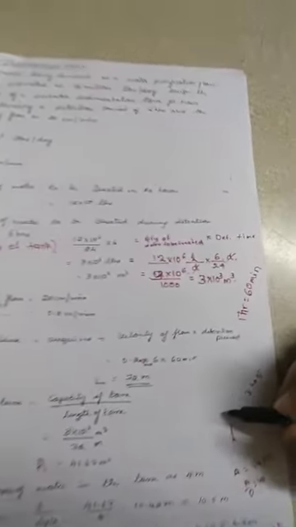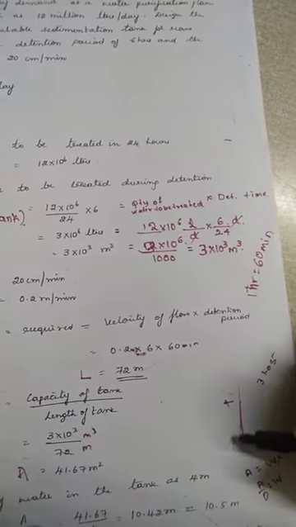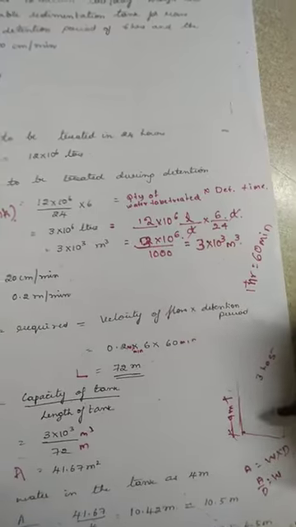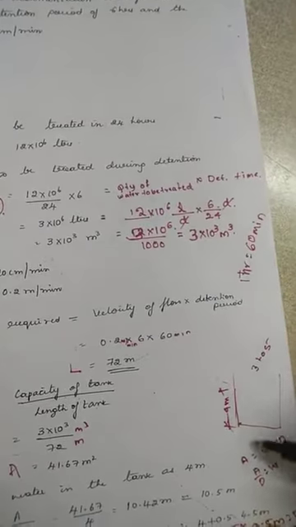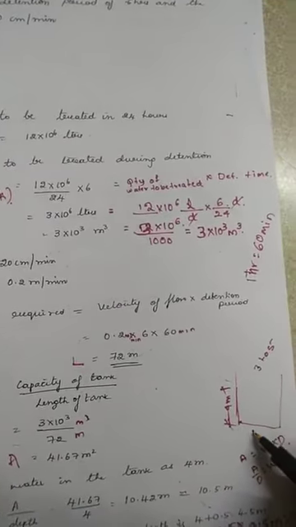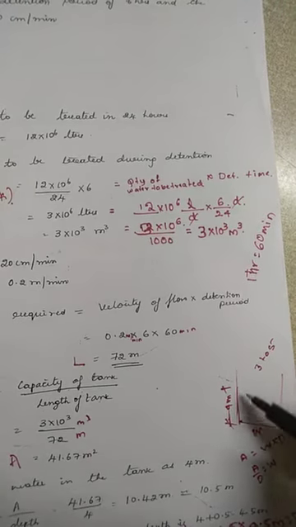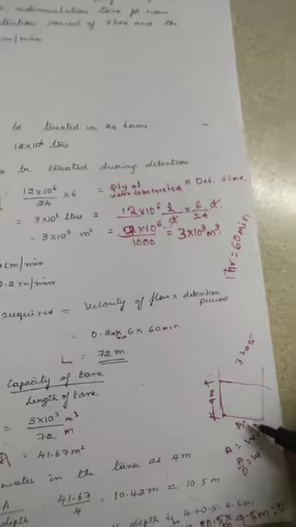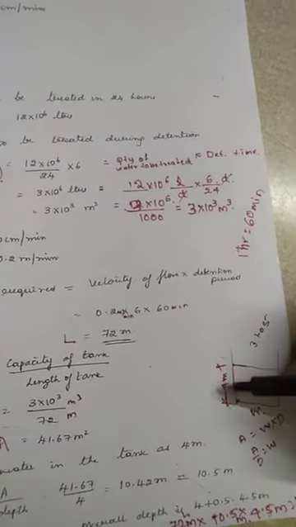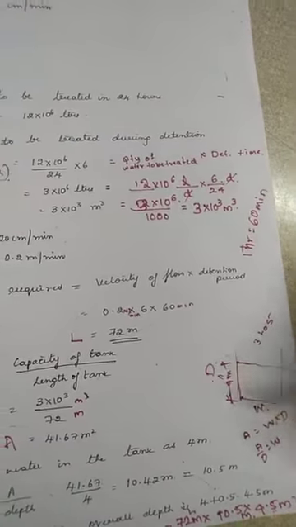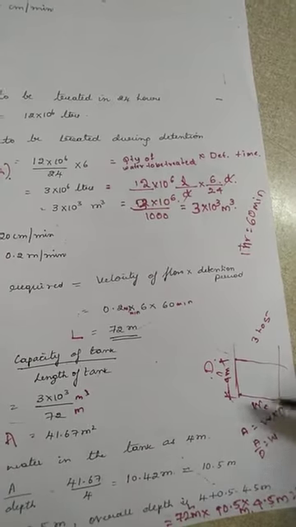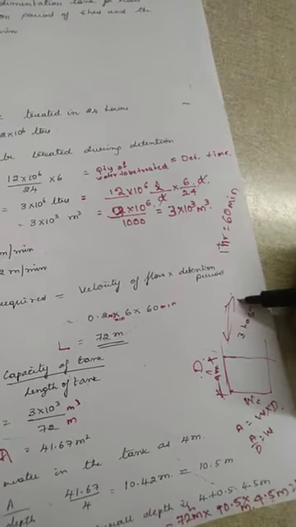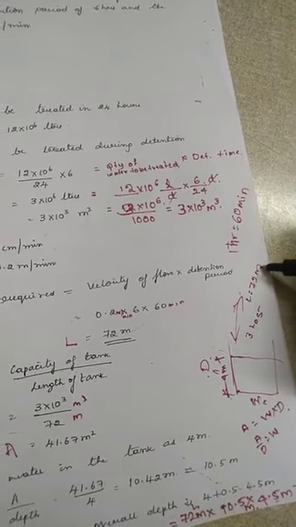Now this is the depth of the tank. This is the entire depth of the tank. We have got it as 4 meter. Now this is the depth, this is the width W, and this is your depth of the tank, this is your width of the tank, and L will be like this. It will be in terms of this, so it will be 72 meter.